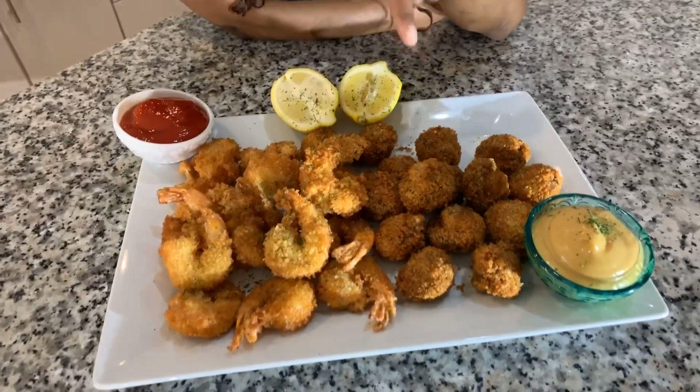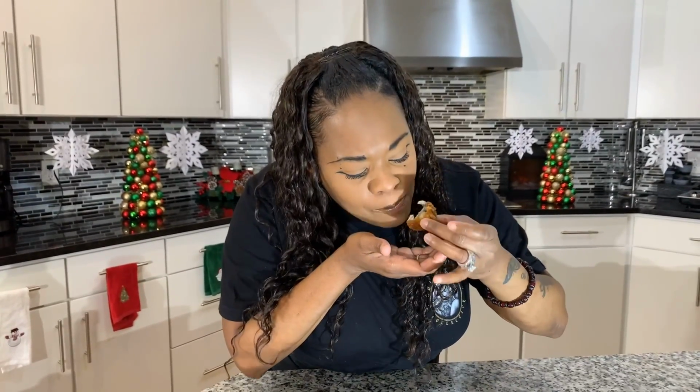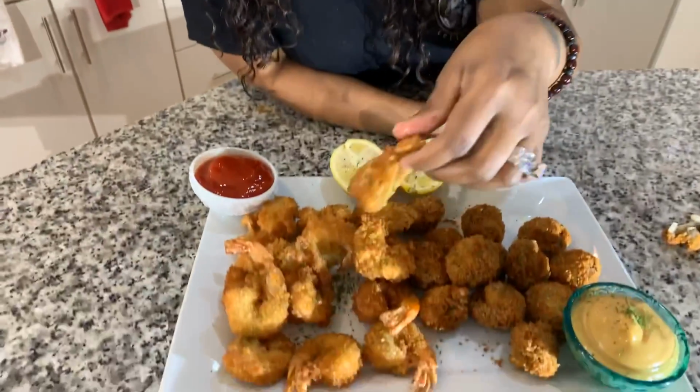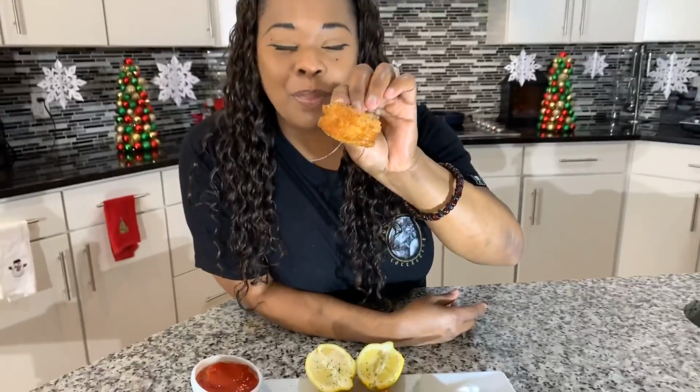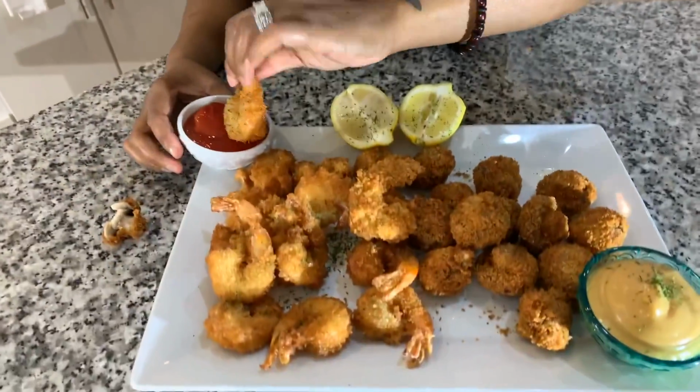Amen once again. I gotta go in for this mushroom first. Look at that. Ooh, but you gotta be careful because when you bite down into a hot mushroom, you know how that juice is gonna come squeezing out. I'm going in. My favorite, my goodness. The shrimp. Did I give you a bite of this first? Look at that. That's a fried mushroom. Look at that. I'm going in. Woo! As always,